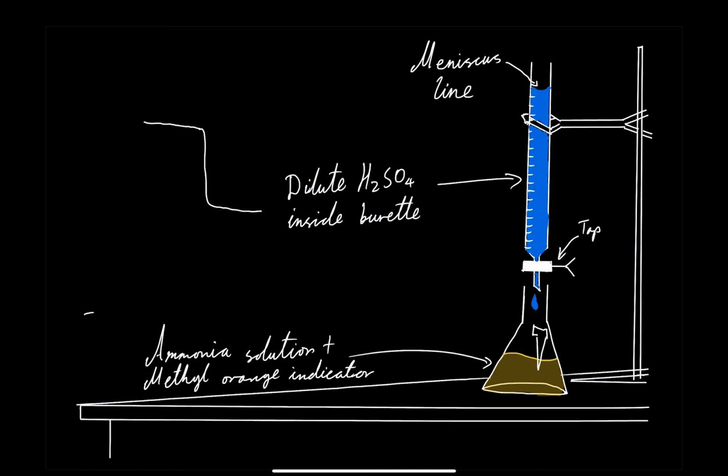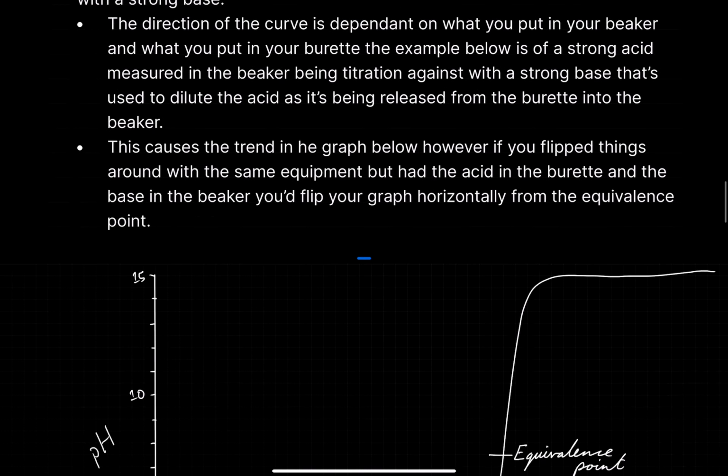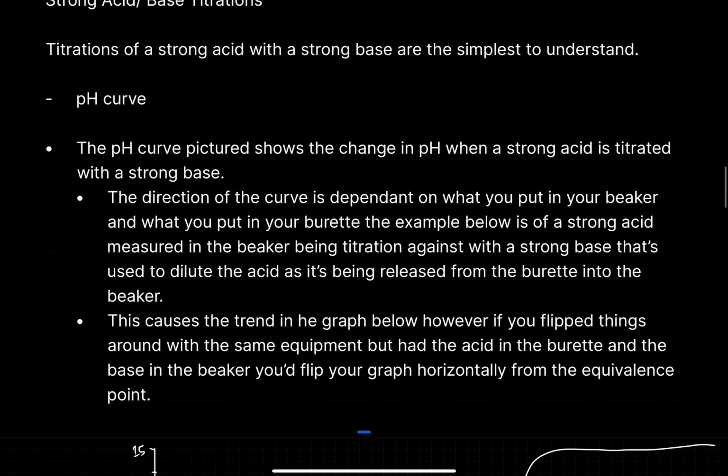And this is what you're going to see. This curve is for an acid-base reaction. The length of that equivalence point can differ depending on how strong your acids or bases are. But that's all I was just trying to say with this little part here, right? That the direction of the curve is dependent on what you put in your beaker and what you put in